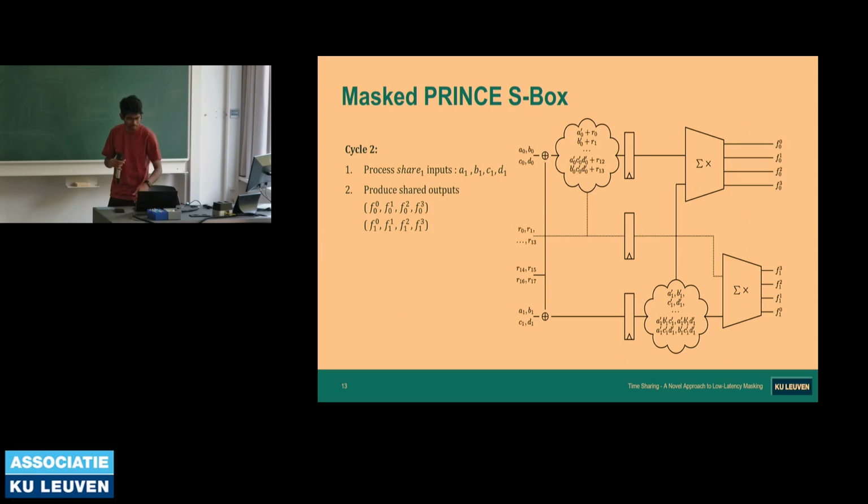And then in the second cycle, I do the same with the shares with subscript 1, and then I combine them with the output from the previous stage, and then I get the outputs of the Prince S-Box in 2 shares each. So what are the advantages of